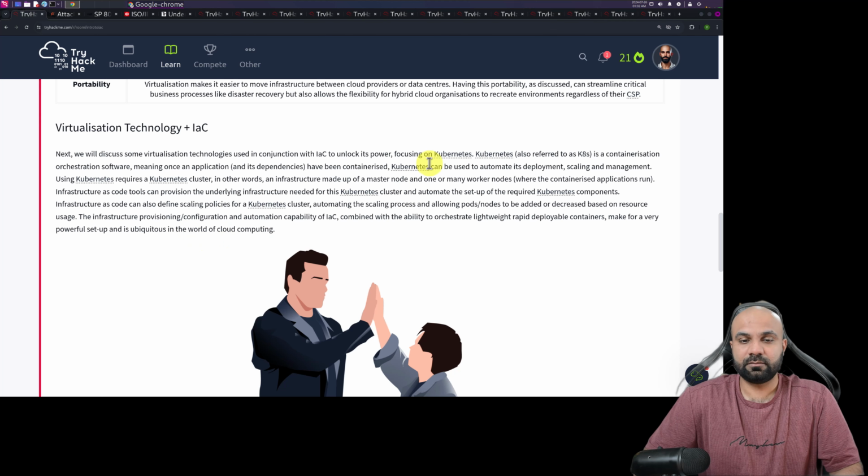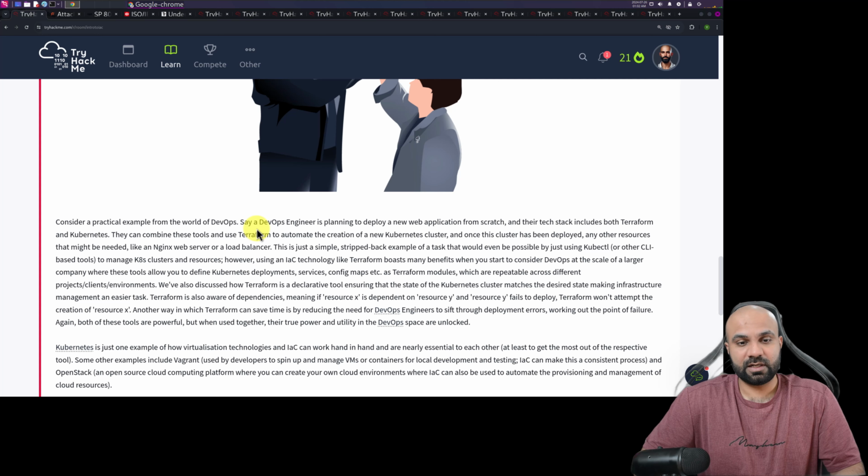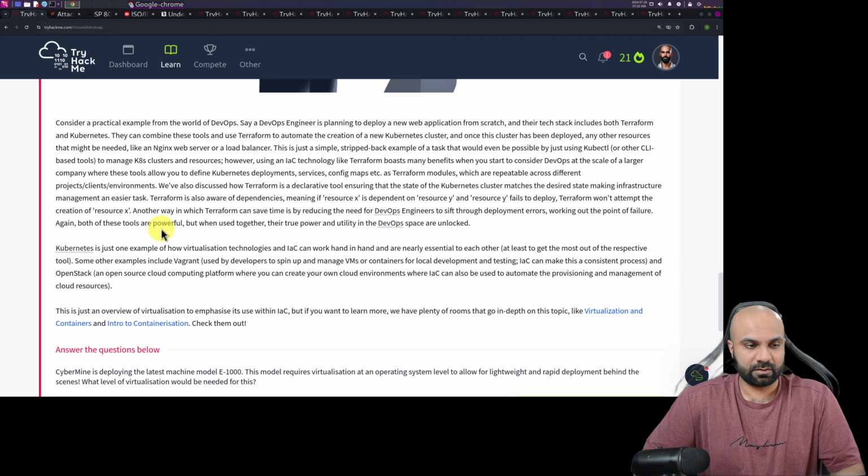So what we learned from here, if you are using containerization technology, in order to manage the containerized deployment and automate its deployment, scaling, and management, you need to use something called Kubernetes. It's a container orchestration software which will help you manage the scaling and all other things of your system. Okay. Instead of doing everything manually, Kubernetes will take care of everything for you, mostly everything for you.